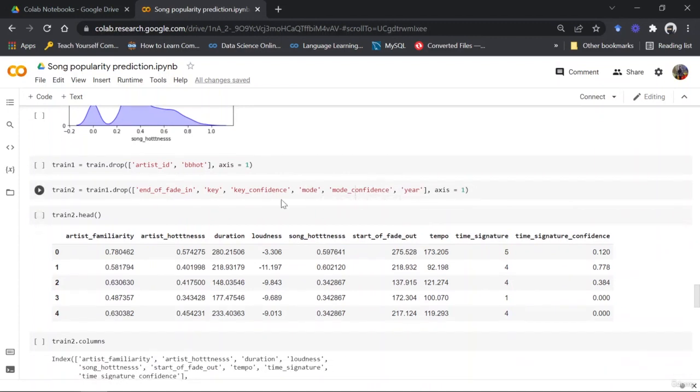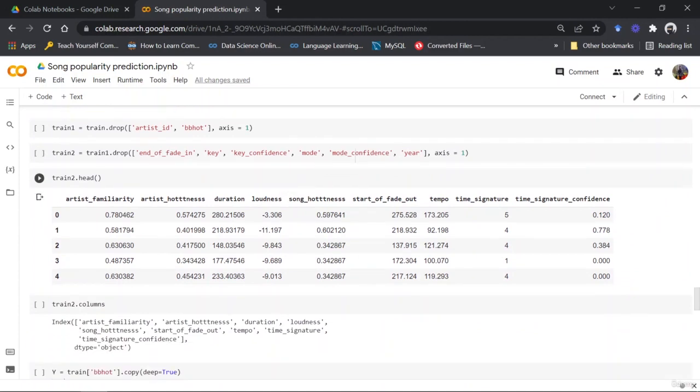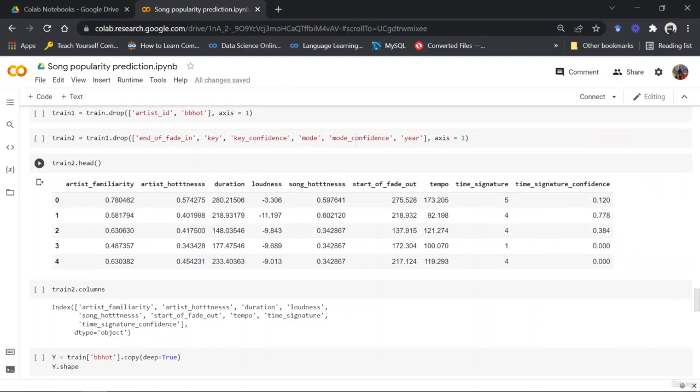Then again, dropping some of the information that I might not require, because having a lot of columns creates a complex model, and it takes more time to train. It creates a bigger model that would take more RAM once you're using your virtual machines in Google Cloud. So this is my final data set that I have,